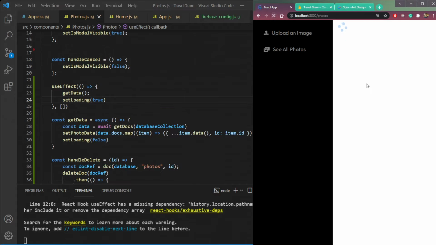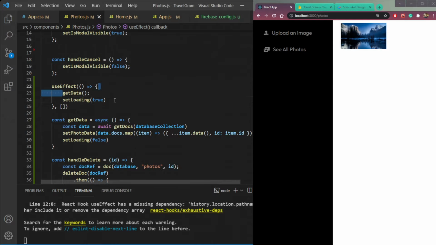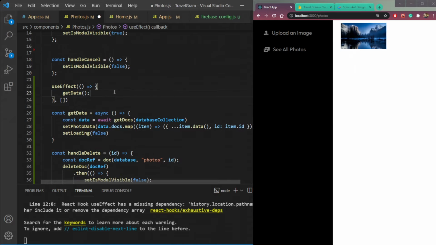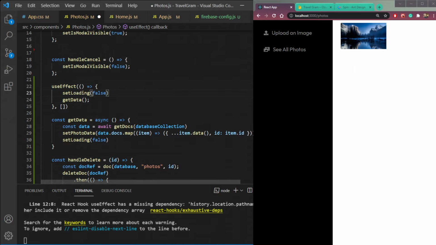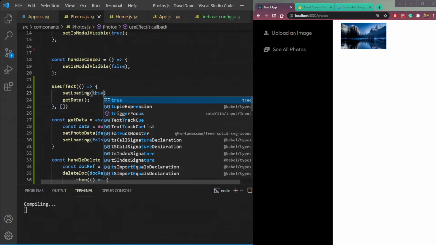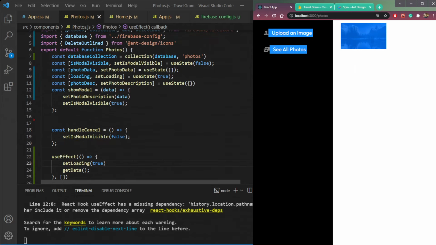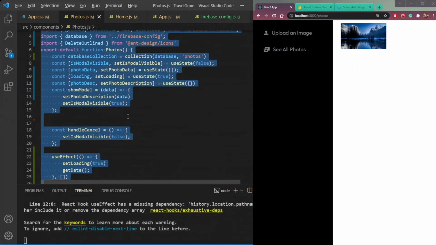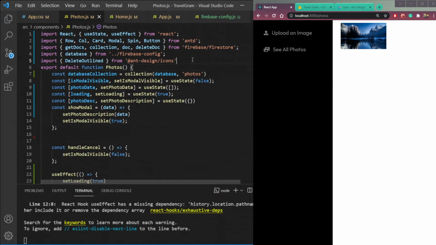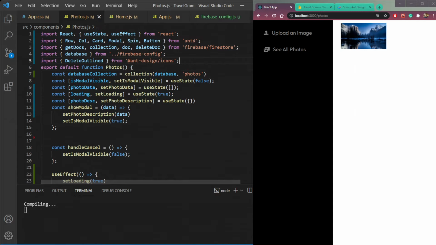If we refresh, it's true, and then the data is coming here. So it's fine, no problem. Or if we just move it to the top, let's see what we have. Refresh. Okay, it's still the same, no problem. So it's now done, I think, all the things here.